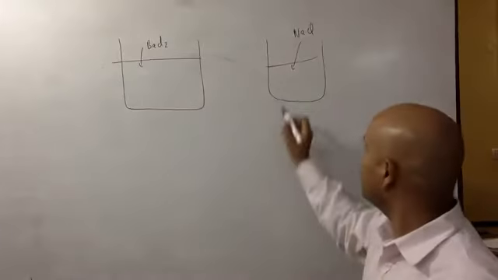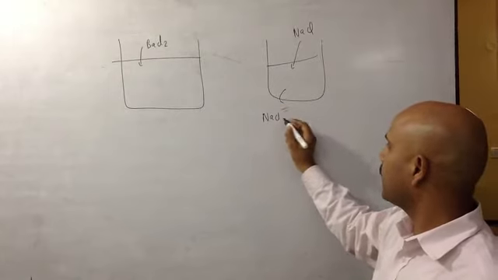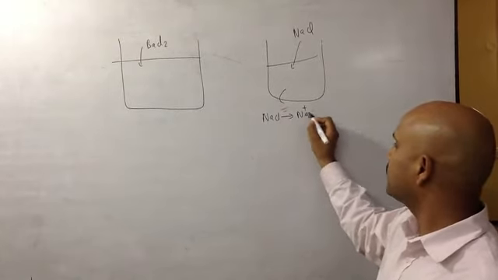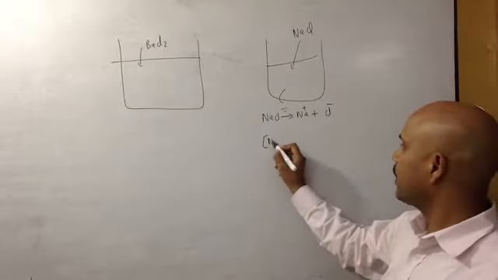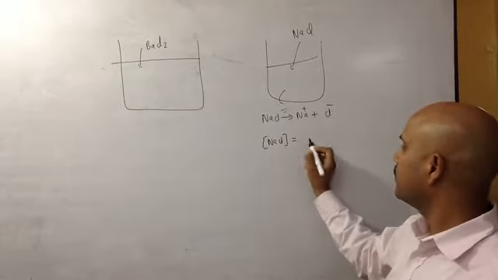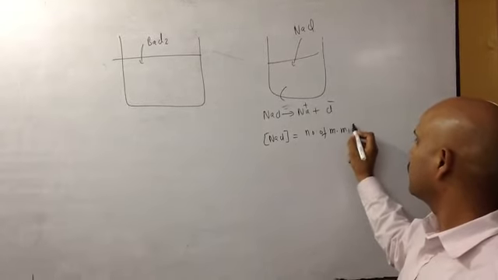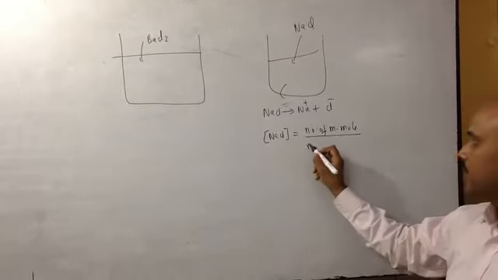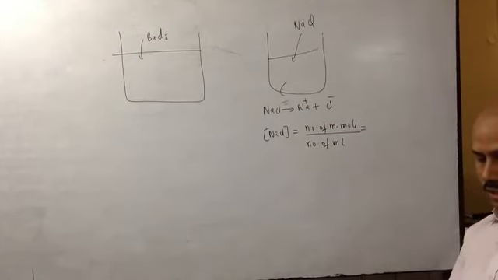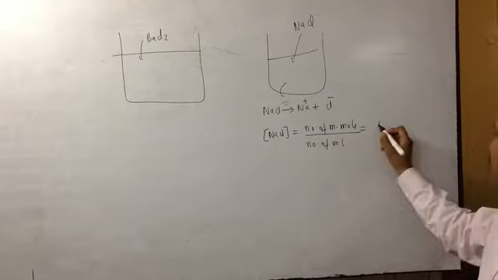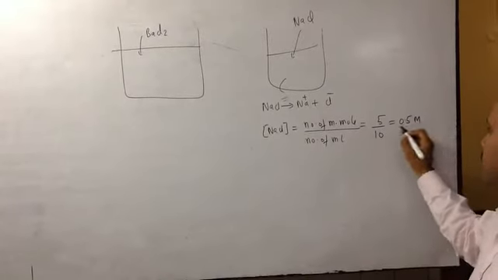Now find out what is the concentration of Cl minus. In the case of NaCl, we will have concentration of Na and Cl the same. Now what is the concentration of Na here? Very simple. Number of millimole upon number of milliliter. Number of millimole is 5 millimole, therefore concentration of NaCl is 0.5 M.